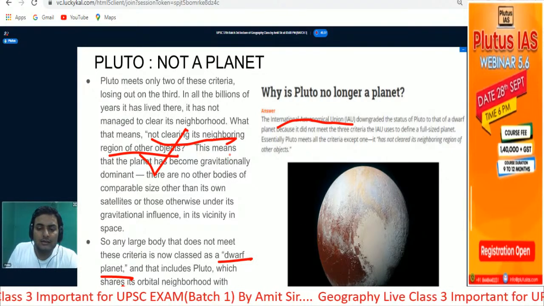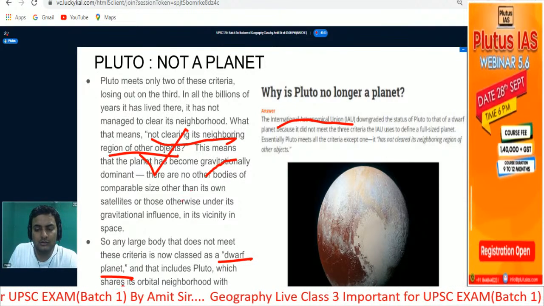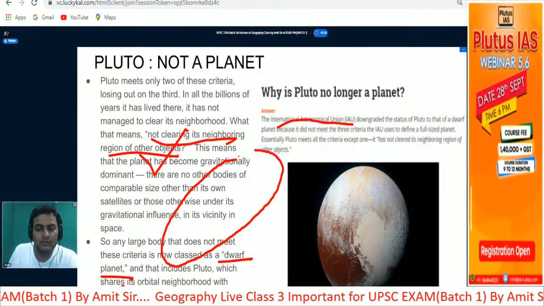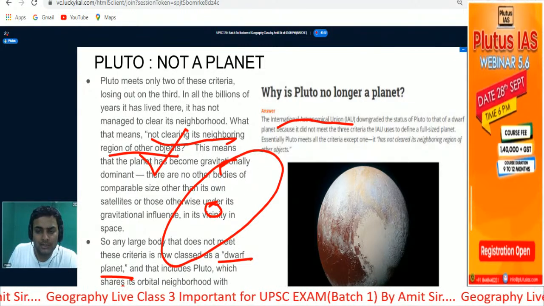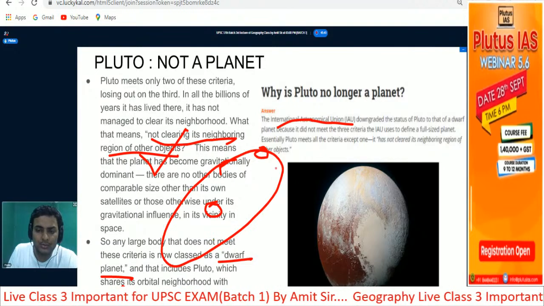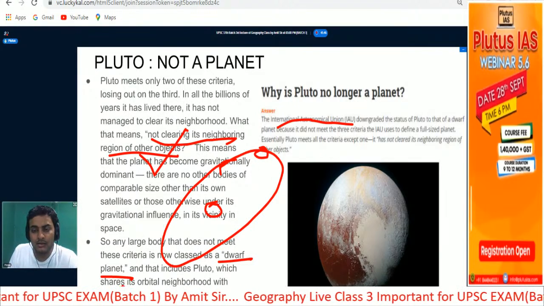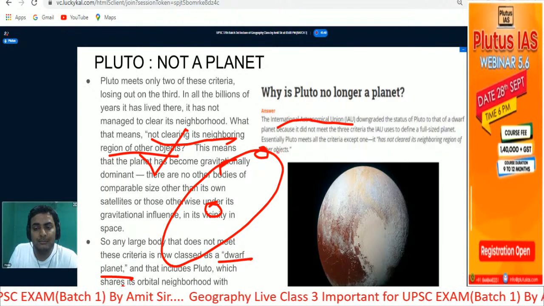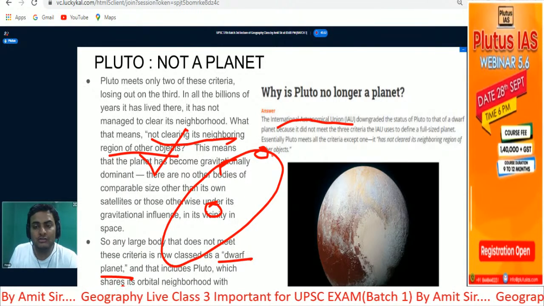Okay, then where we were not clearing its neighbor. So this is the orbit. This is the orbit of a planet, and here is located Sun. So when a planet is revolving around the Sun, it must have a particular orbit, right? So Pluto has this particular orbit, but the problem is the gravitational pull of this planetary body is not such